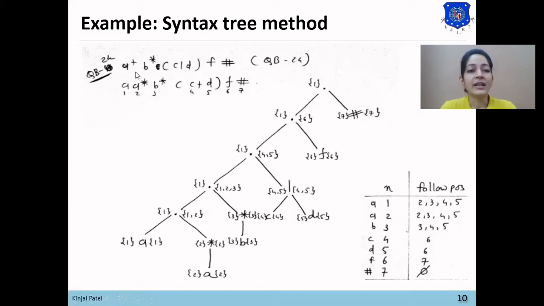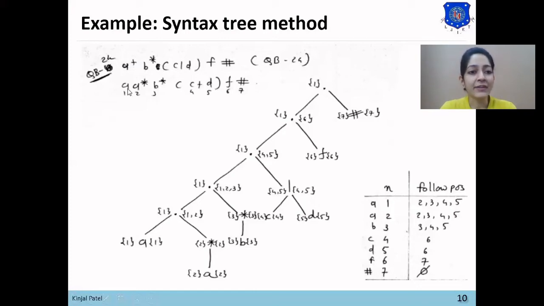As we discussed the rules for different operators and input symbols, there are no rules for positive plus. So when there is positive plus in the expression, we need to convert it into the form of Kleene star. As we know, positive plus means one or more strings and Kleene star means zero or more strings.